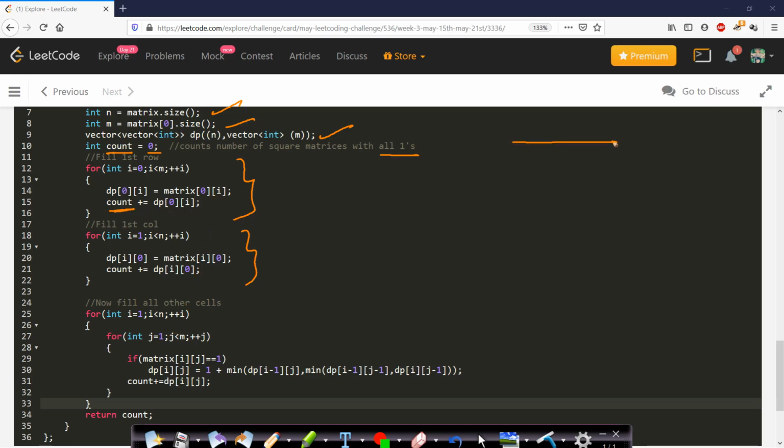Now I will fill the first row and the first column, and while filling I will also update the count value, because for the first row we will simply count the values by just adding the values. If it is 1, then there will be only one square submatrix available because it cannot be extended as there is no top element, and the same goes for the first column. Therefore we will simply add the values here. Now for the rest of the cells we will do it conditionally. If the matrix value is equal to 1, then only that current element can get included in a square matrix. So we will take the minimum of top, left and diagonal and add 1 to it.